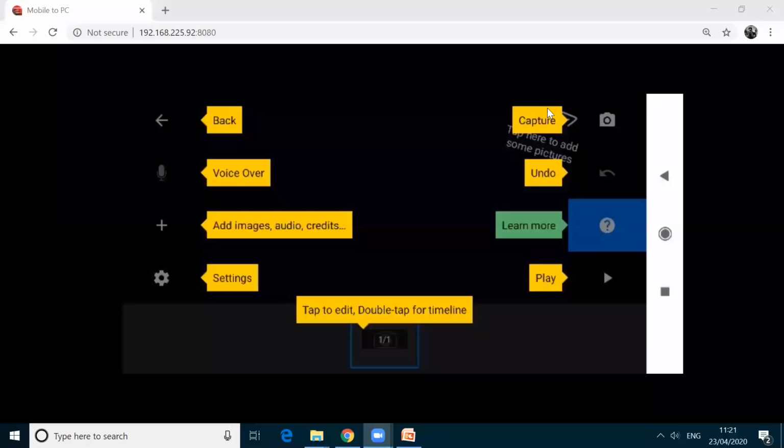First, we are going to click this capture to take stop motion, to take pictures, right? I'm clicking this question mark again. It goes off. Now I'm clicking this camera icon.